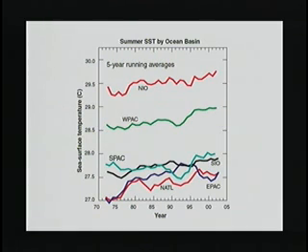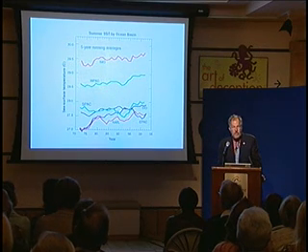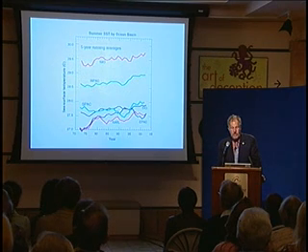Here are curves of the summer sea surface temperature. Summer is the hurricane season. Over several ocean basins. The codes here, the red line at the top is the North Indian Ocean, the green line the Western Pacific, then below it the Southern Pacific. The black line doesn't stand for Scripps Institution of Oceanography, but Southern Indian Ocean, and Eastern Pacific and Northern Atlantic. And except for the southern Pacific Ocean, there's a statistically significant upward trend.